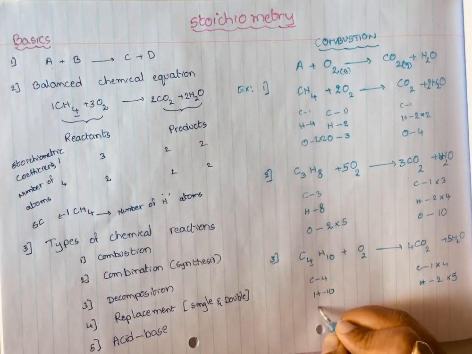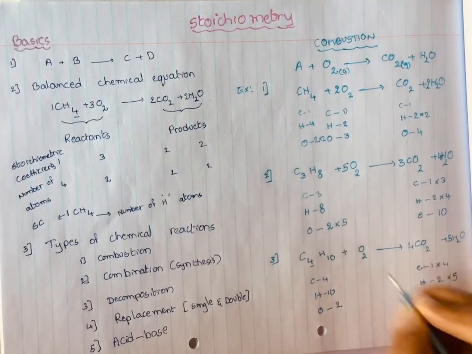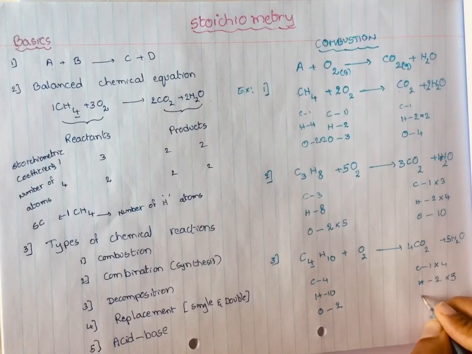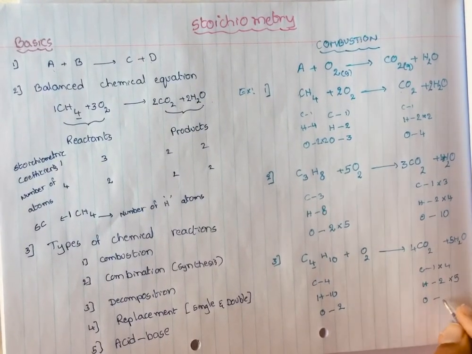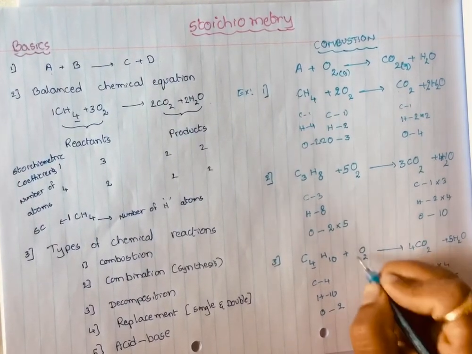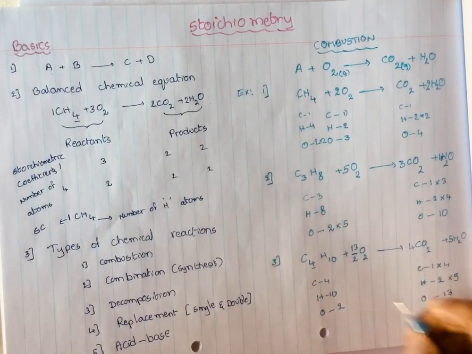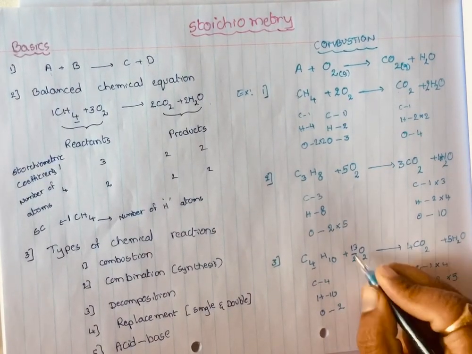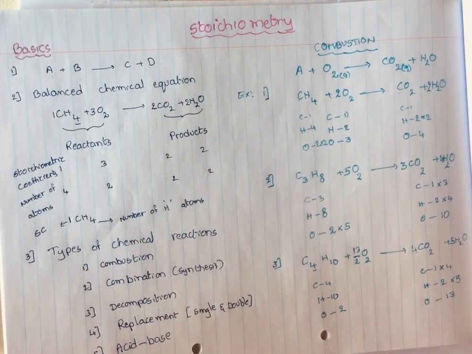Next, what do I have to balance? I have to balance oxygens. In reactants, we have only 2 oxygen atoms. In the product, we have 5 oxygen atoms here, 5 plus 8, 13. How can I balance that? I can simply write 13 over 2. Whenever you get an odd number, you simply write it over 2 in this way. So in this way, you can balance combustion reactions, and you can write a combustion reaction for any type.